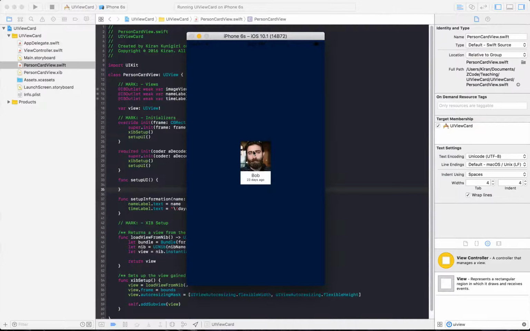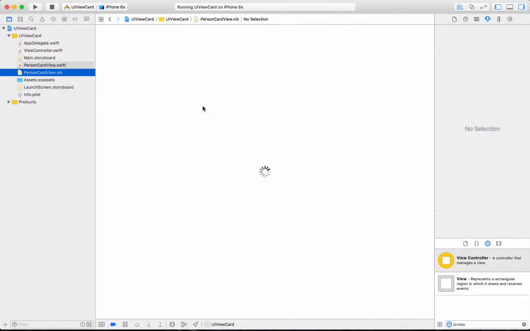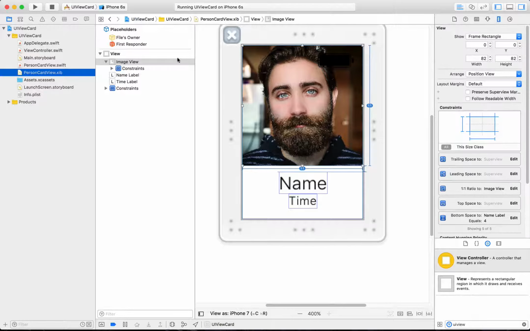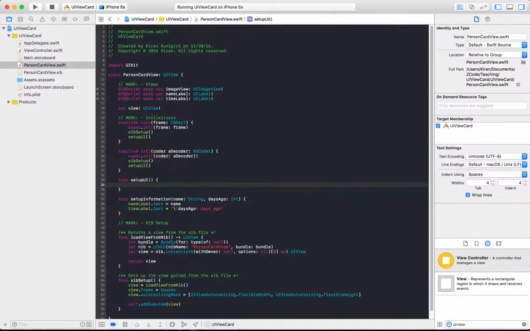Any UI properties, for example, like this rounded corner or border radius and border colors, can't be done inside of here. Xcode is just a little bit weird in that you can't do that. Instead, you actually have to make these properties in code. And that's why the setup UI function exists, because in here, we can do anything we want with the code. For example, we could say